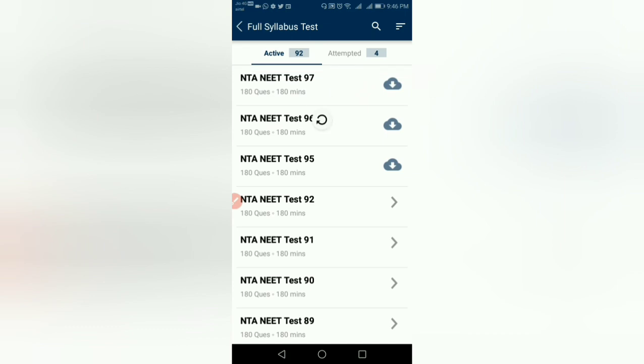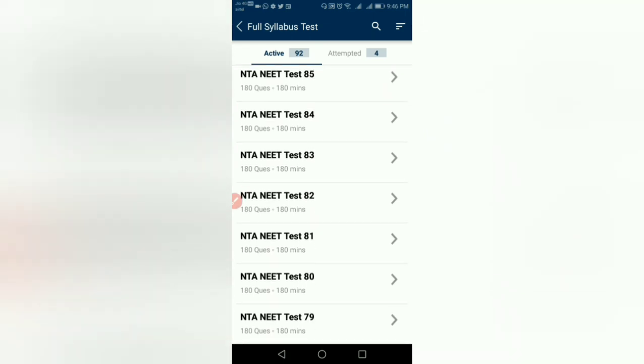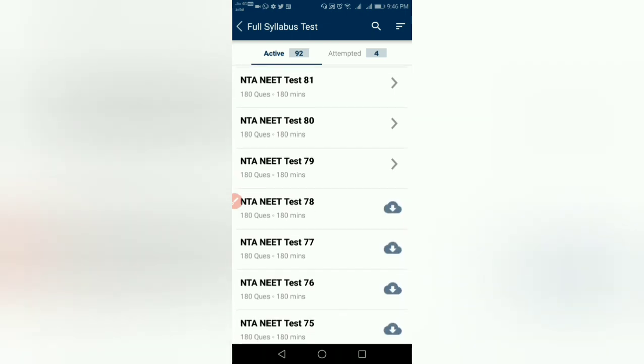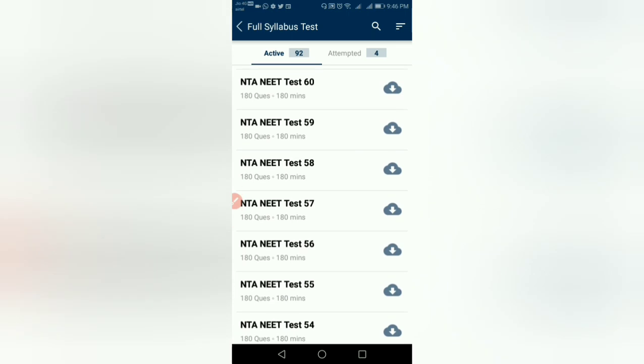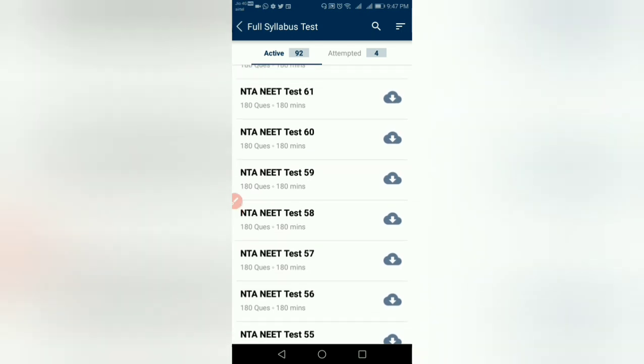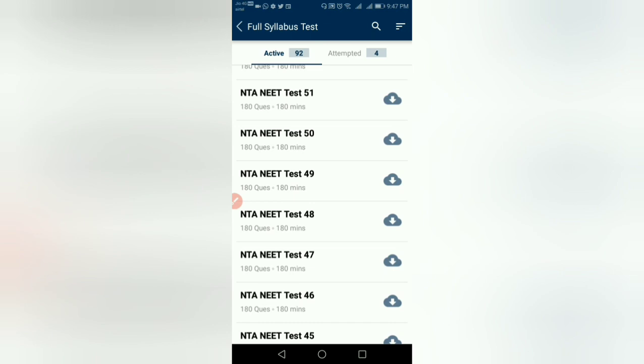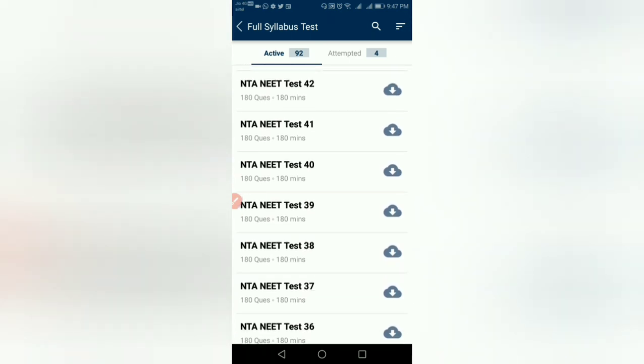Another important thing, remember, in all the tests you cannot see an exact blueprint of the question paper, which means from first PUC this many questions, from second PUC this many questions. They have picked questions randomly. But my suggestion is, whatever it may be, this will teach you how to manage your time in the 3-hour exam, and after that each and every question will give you analysis, and also your marks perfectly with negative marking, everything.